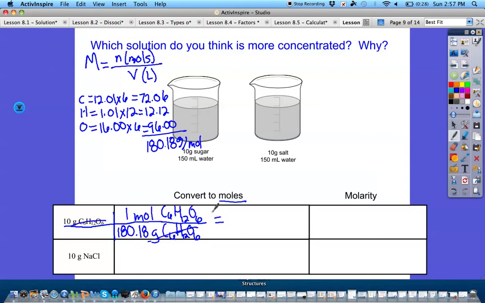So 10 divided by 180.18 should give us 0.0555 moles. And then in our molarity equation, molarity equals number of moles, so 0.0555